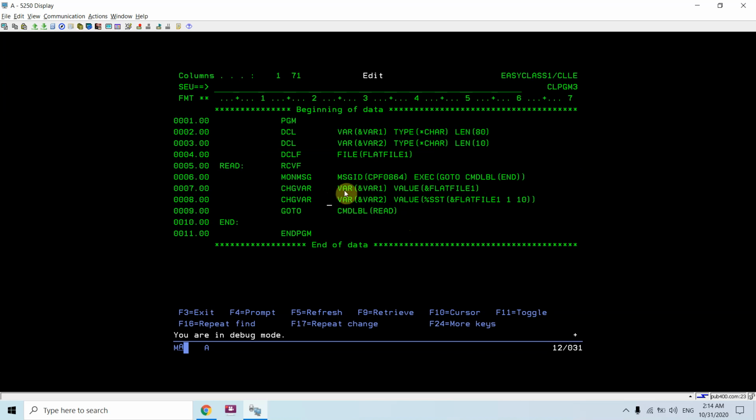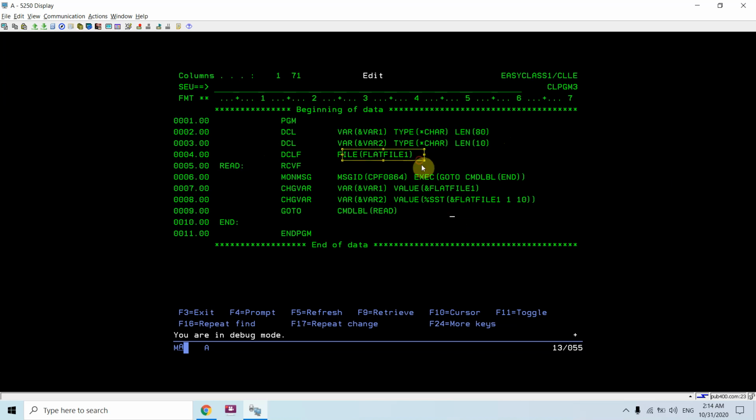Now here the important thing is we are basically fetching data from the file; the field name would be the same as the file name, FLATFILE1, and we are retrieving the full data in variable VAR1, which is of length 80.